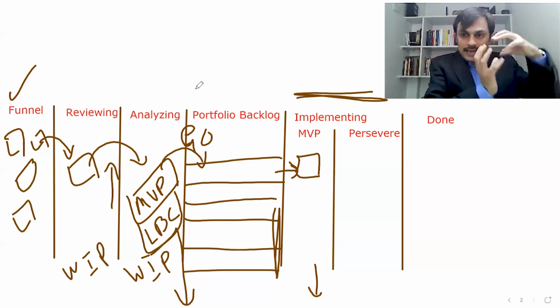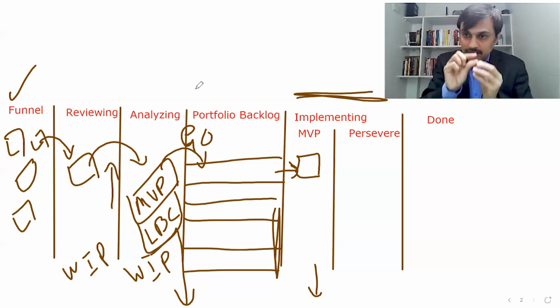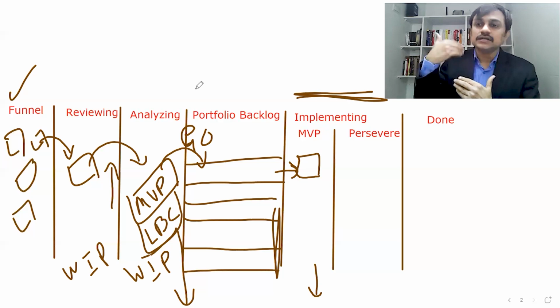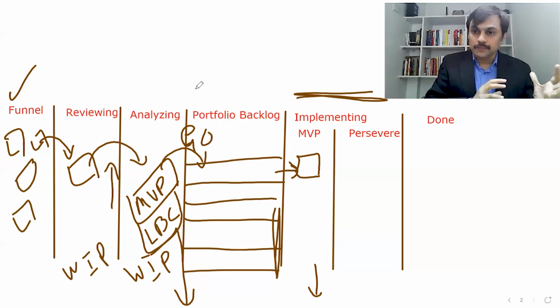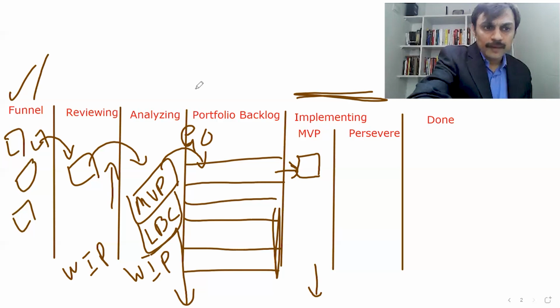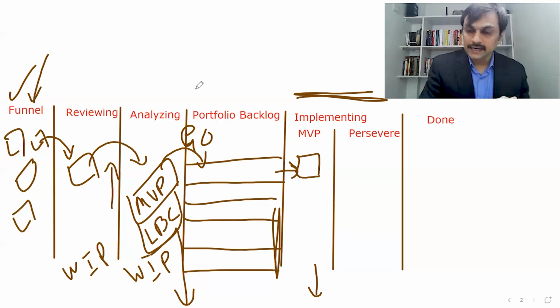So it's like this: the MVP portion might be just 2% of that particular whole epic. We develop that 2%, we put it into the production space, and observe the results. And if the results were not promising, we may decide to drop that MVP there only. There is a possibility it requires a modification. If it requires a modification, we may add a new epic here. So that epic is out and a modified epic may get added in the funnel stage.